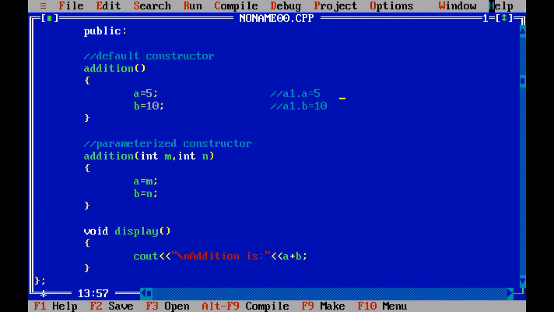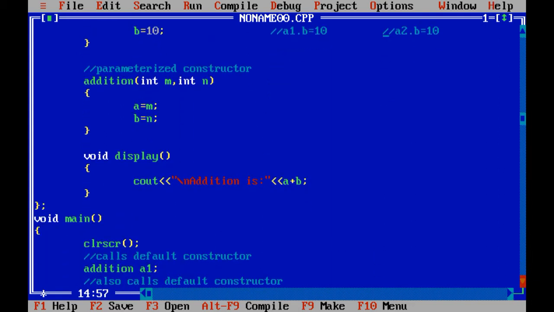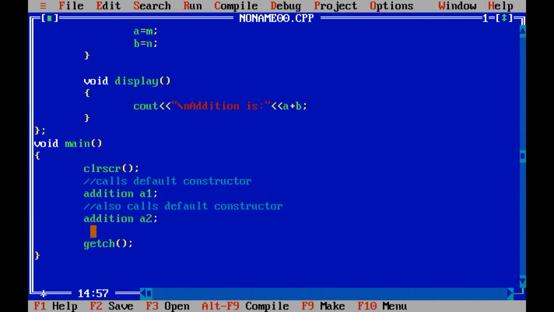Similarly, when you create second object in the memory, at that time also a2.a contains the value 5 and a2.b contains the value 10. Now what happens next? Now we are going to call the display method for the same, a1.display and a2.display.